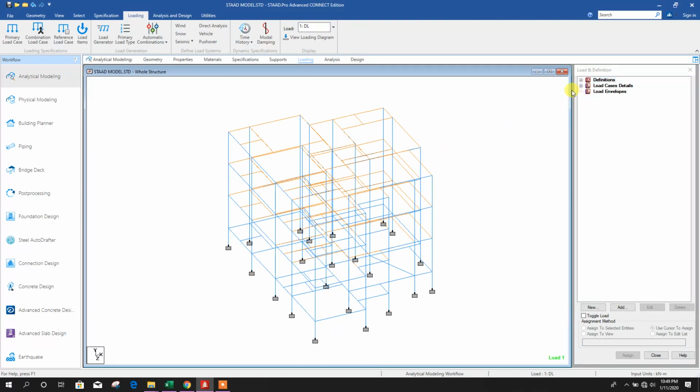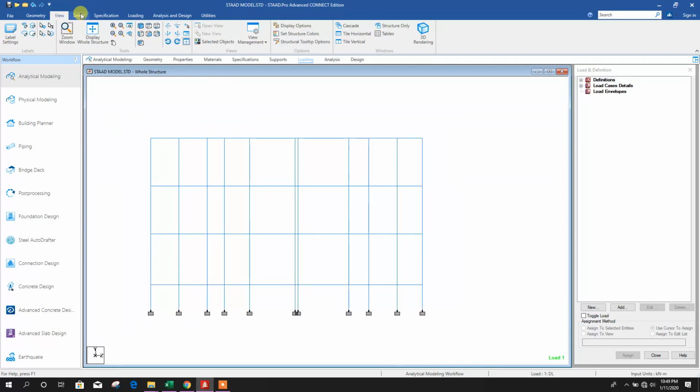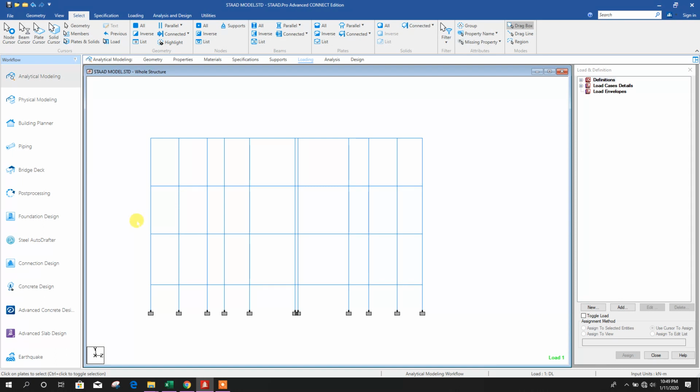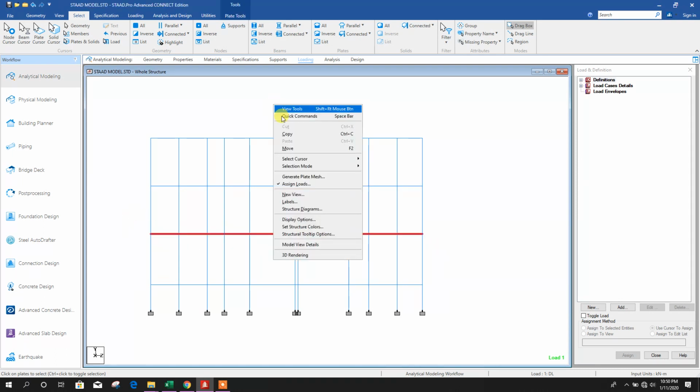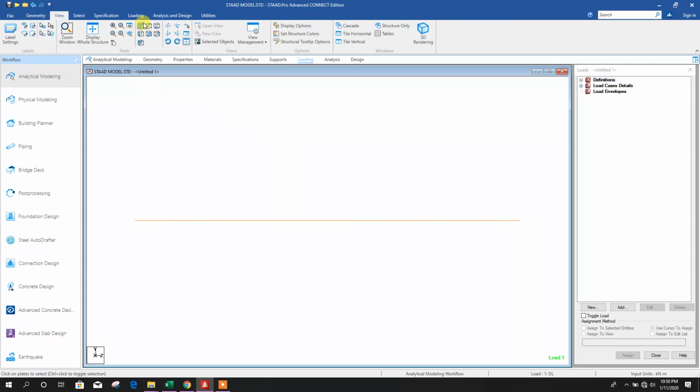Go to loading, view, this side view, select plate cursor, right click, new view, click on OK. View, here